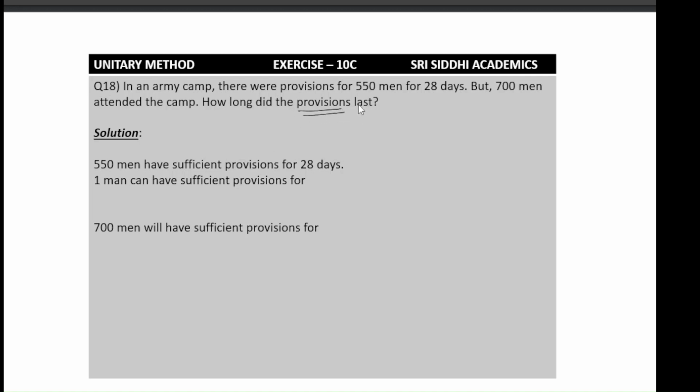Provisions haven't changed. So in this kind of question, what should we find out? 550 men consume a certain quantity of provisions for 28 days. We should first understand how much one man will consume of the same quantity. Then only can we find out how long the same provisions will last for 700 men, right? So I have written the given statement: 550 men have sufficient provisions for 28 days. Now for one man,